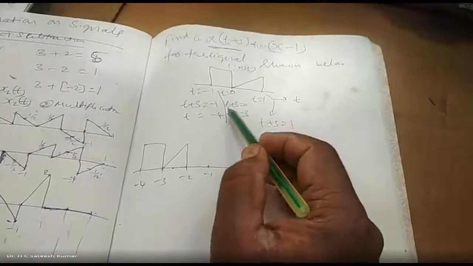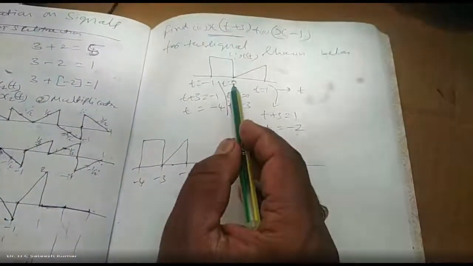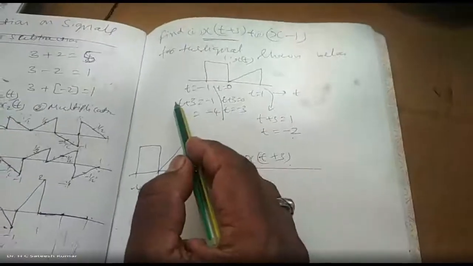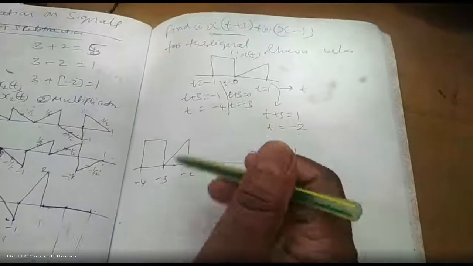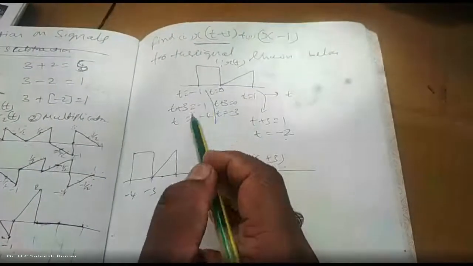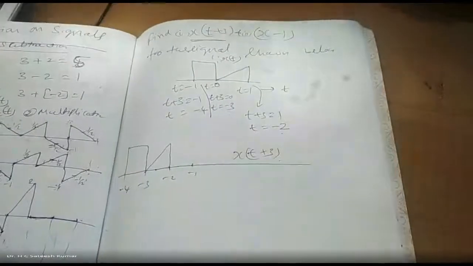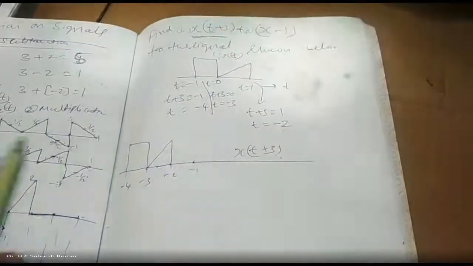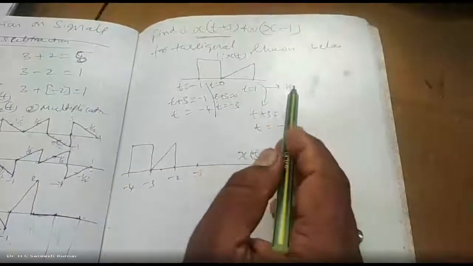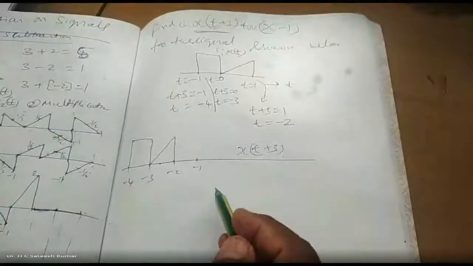So this is understanding. The meaning of it is shift left by 3 units. And how to do it? Just subtract the time value by whatever the amount it is shifted towards left. Let us say if t plus 3 is there, subtract by 3, it will automatically go to left. Okay, so this is your x of t plus 3.